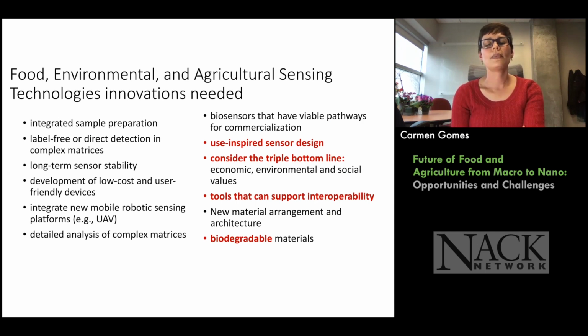So one part of my research is related to development of sensors that allow us to measure changes in the environment, hopefully, ideally, user-friendly. So things that we see in terms of sensing that are in need right now, and I want to just highlight a few of them: when you design a sensor, you should think about who is going to be using it and how it's going to be implemented in the field.